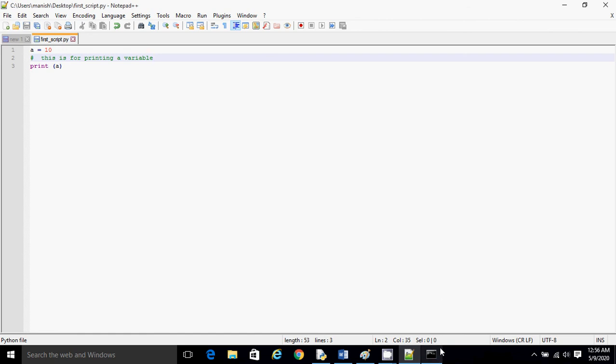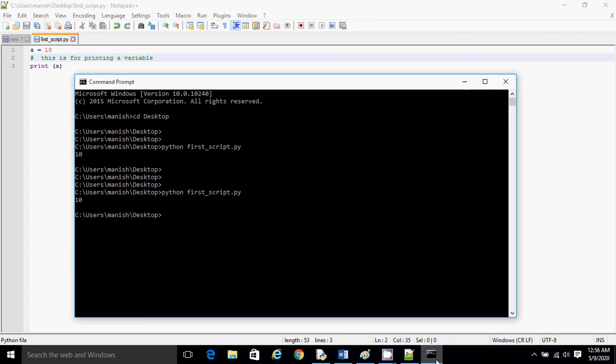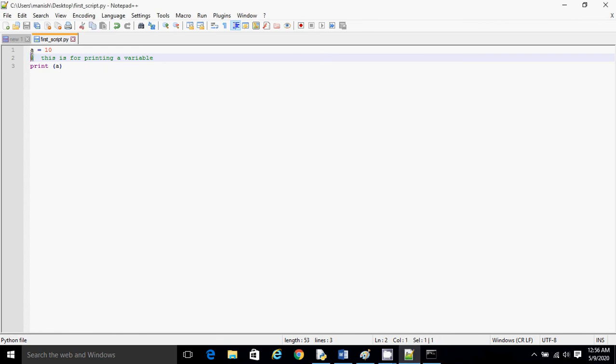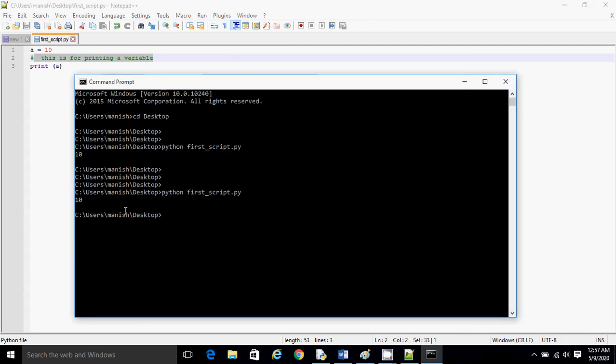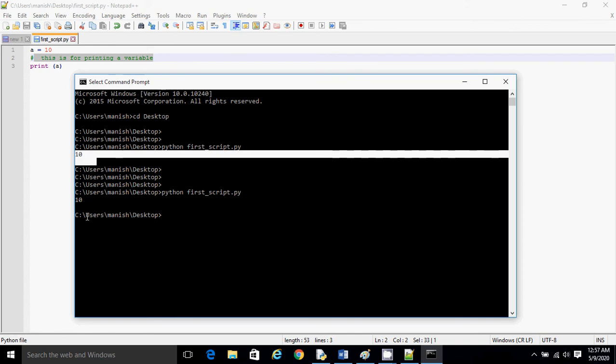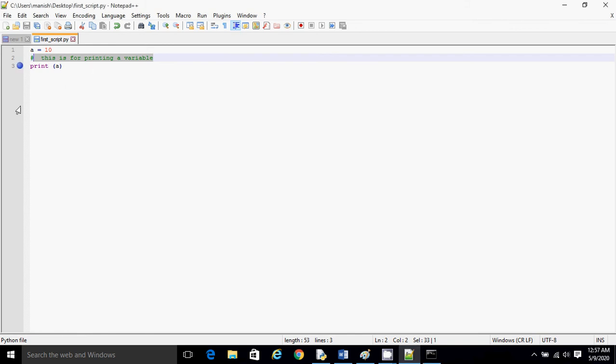Now if I execute this, what the hash does is tell the interpreter to ignore this line. So it will ignore this one line, and it doesn't have any impact on the code. See, there is no change in the output. So this is how we can write a single line comment.